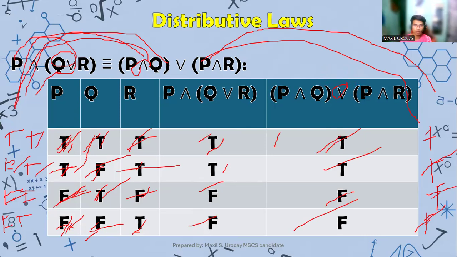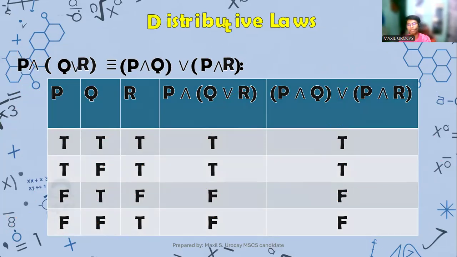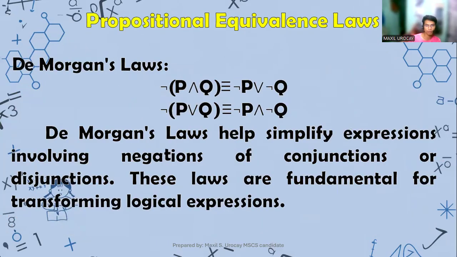True and true, yes. True and true, yes. False and false, yes. And false and false, yes. So they are equivalent in terms of the distributive property. So we're almost there. Now, for De Morgan's laws,